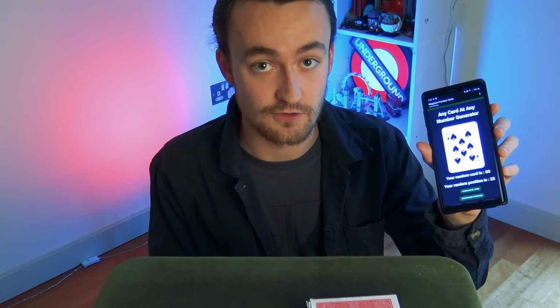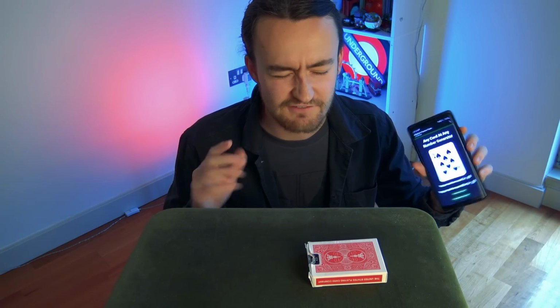It's not, this is gonna choose a card, it is, you are gonna choose a card, but this is gonna help you. That is super, super important. If you make it seem like the app is gonna choose the card and the number, then it's a lame trick, right? The phone is the spectator. No, this is for them. This is to help them. And when you perform this to spectators, quite often they will say, oh, that's really, really helpful.